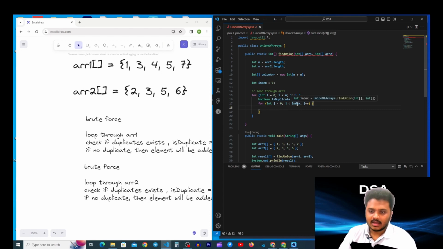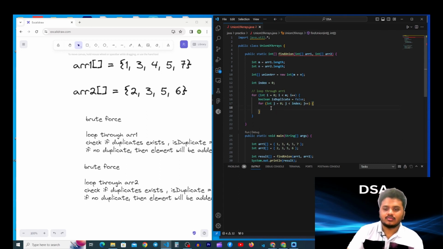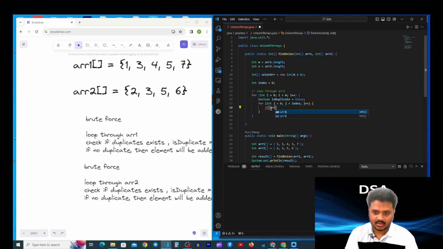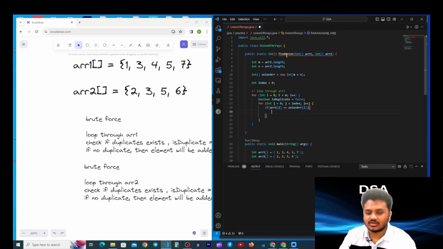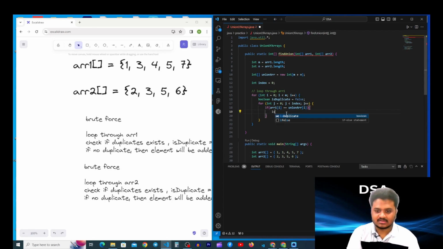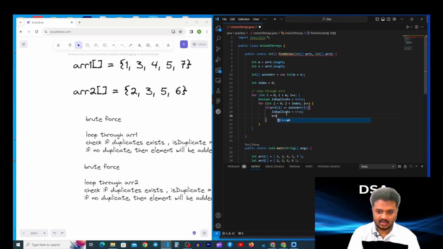Whenever we put elements into the union array we will be putting them by using this index value, right? So we can use this as the length for the union array. Then we will check the condition if arr of 1 of I is equal to union array of I. If the array 1 value is already there in the union array, then we set the is duplicate value as true, and then we will break out of this loop,